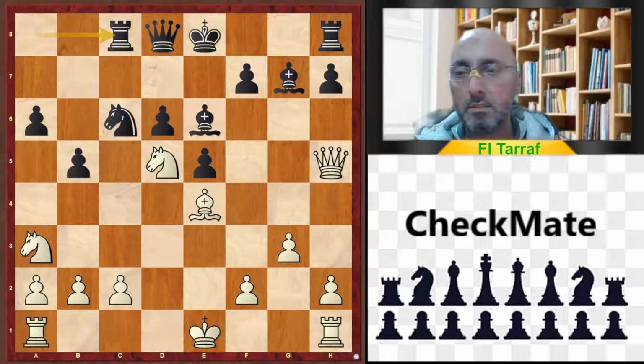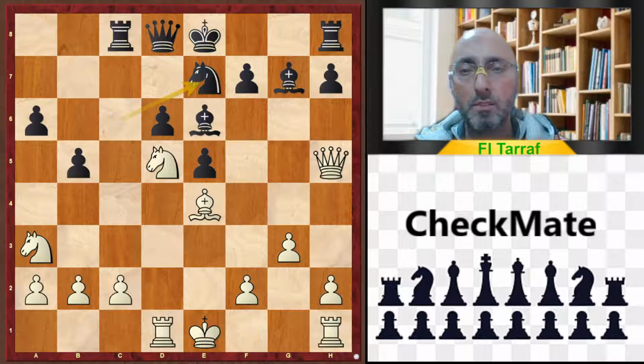rook to c8, rook to d1, knight to e7. Until now, it seems like it's a theory and well-known variation. And at this point of the game, everything is okay, but